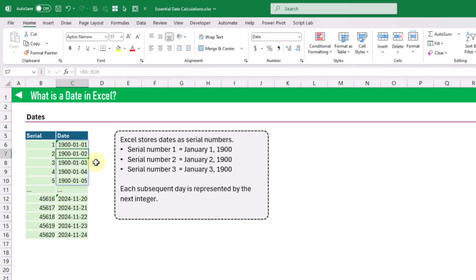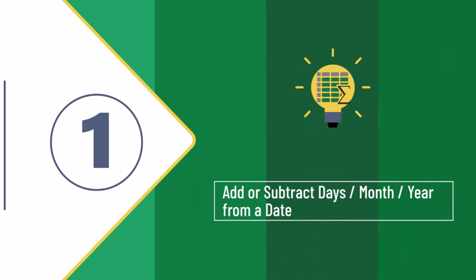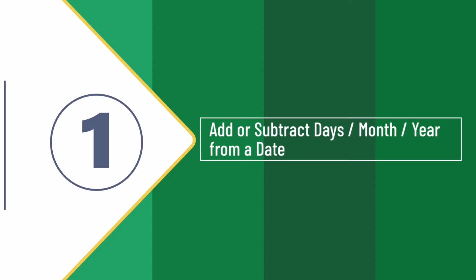And as our serial number gets into the 45,000 range, we're going to see current dates. So here, for example, we have 45,616, and that's in fact November 20th, 2024. So dates are really just numbers with special formatting applied, and this is going to be important in certain date calculations. The first calculation we're going to take a look at is adding or subtracting a given number of days,